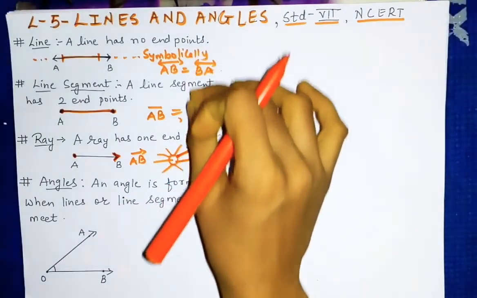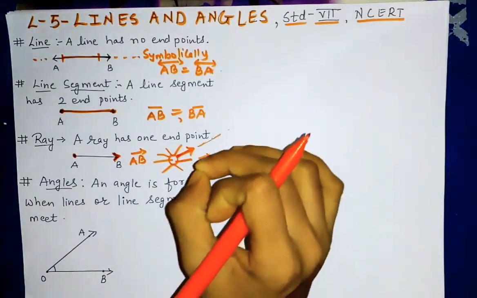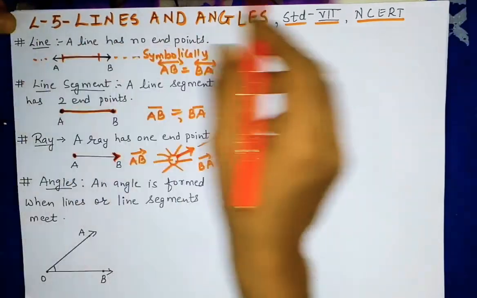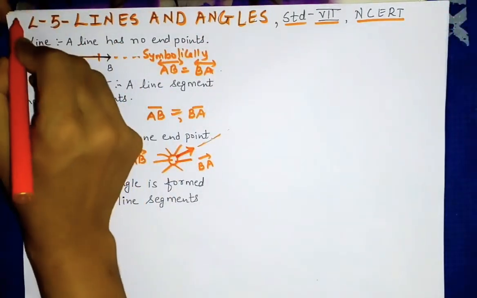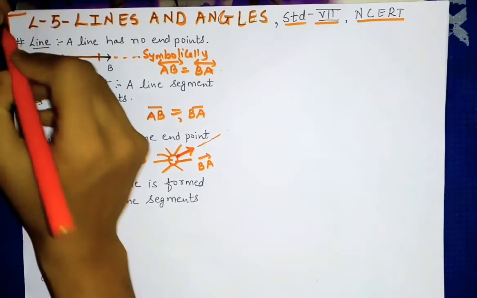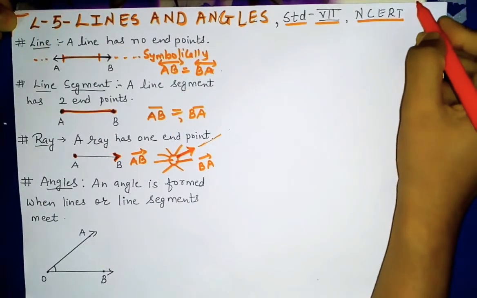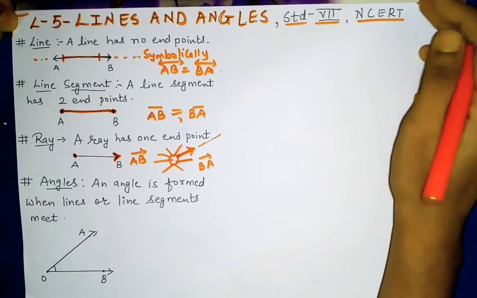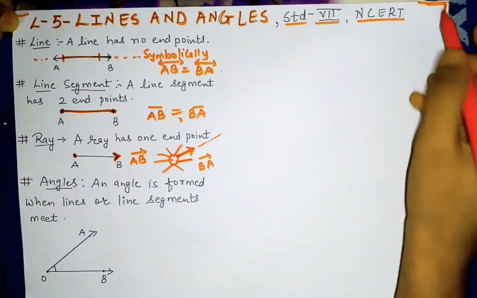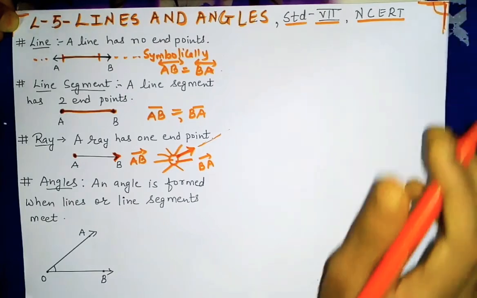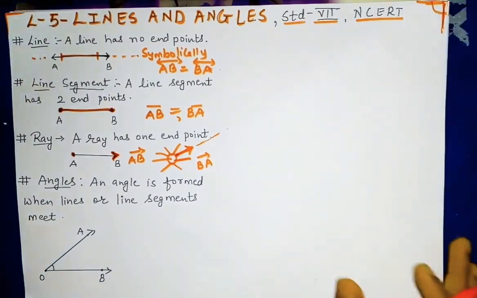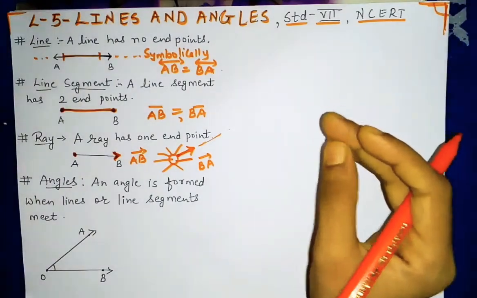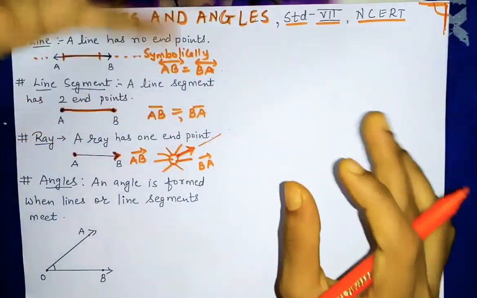Now this was about line segment and ray. Now when we talk about angles also, if you see the corners of this page, the page which I have taken, this is the corner part of this page. Also this side, this is the corner part. When you see the corner part, it is made up of two lines, this edge and this edge, and this part is called an angle. So angles are made up when two lines or line segments or two rays meet at a common point.